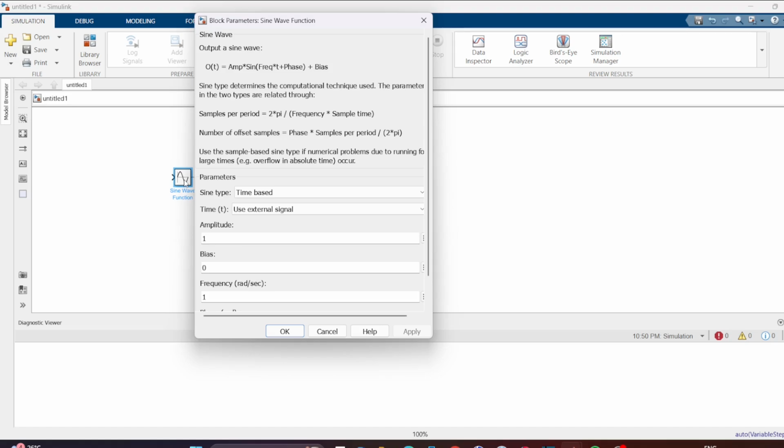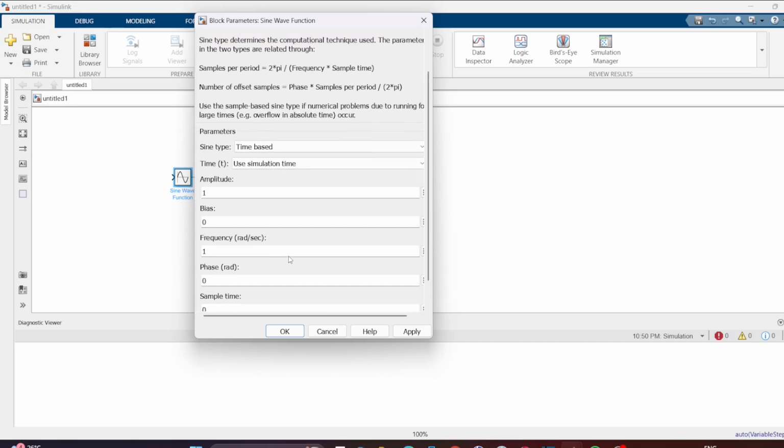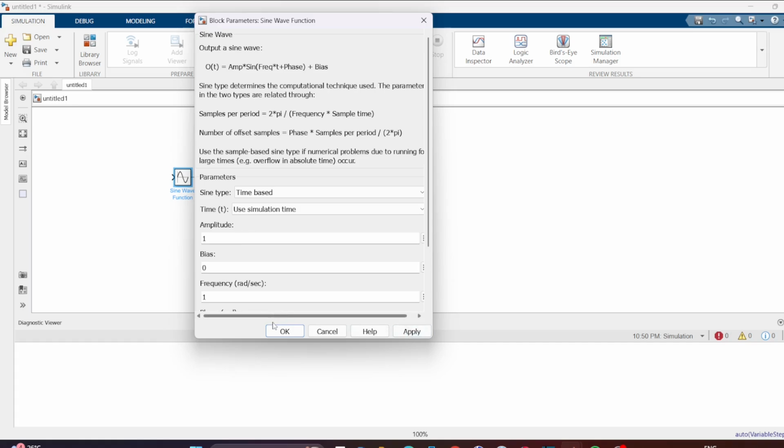Then double click on the Sine Wave function, and here you can see the sine type. The sine type is time based and sample based. For this, right now we are going to use time based. And then time t is for external signal, or use simulation time. So here we will use simulation time, and its amplitude is 1, bias is 0, frequency 1 and phase is 1. So just click OK,